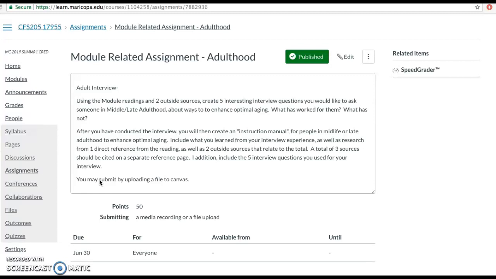But for the purpose of the research, the interview is just mainly set up for you to find out the questions that you want to ask, talk to a person who's experiencing midlife or middle or late adulthood, and then along with your research, come up with how you might suggest how to live your best life or how to age optimally. Again, it is up to you how much detail you want to include in your quote-unquote manual that came directly from the interview. I will leave that up to you.